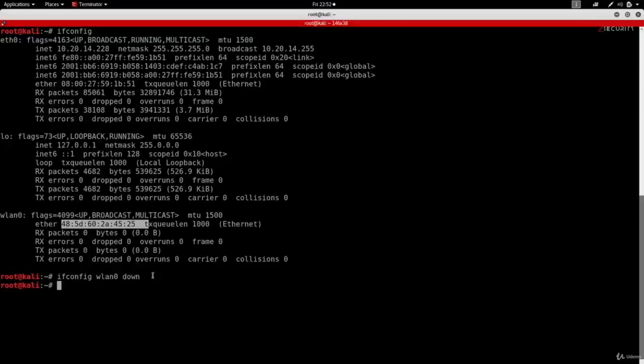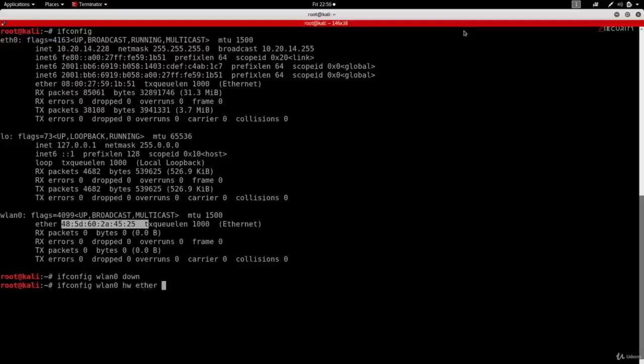So first we're going to type ifconfig. We're going to type the interface that we want to change one of its options. Then we're going to type the option that we want to change, and what we want to change is the hardware address, so we're going to do hw ether. Then we're going to give it the address that we want to change the MAC address to.